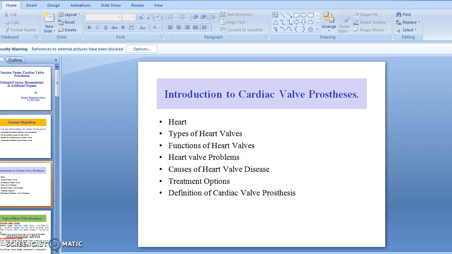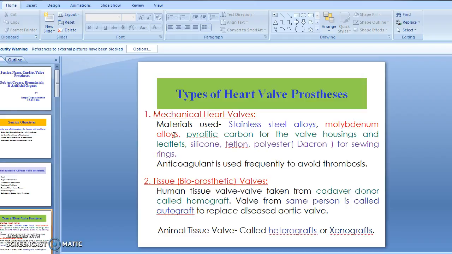We know that heart is the main organ in the human body that pumps the blood to all parts of the body. And the heart mainly contains the bicuspid and the tricuspid walls that allow the unidirectional flow. The main problems of the heart walls are the leakage from the walls, backflow to the chambers, and so on. The main causes for the heart wall diseases can be either congenital, or due to infections, and so on. The main treatment can be the replacement of the heart walls with the artificial walls, which is called cardiac wall prosthesis.